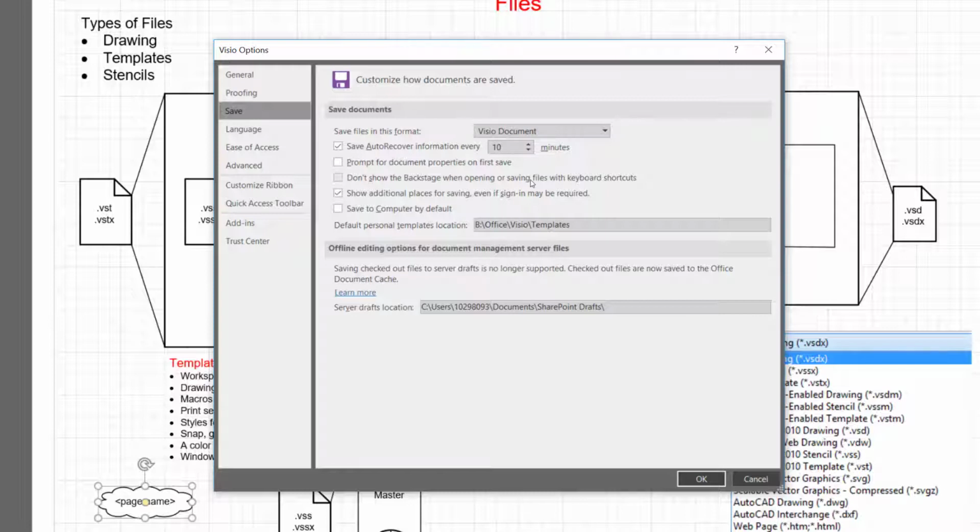The thing I want to draw your attention to, though, that is important for today's session is this default personal templates location. It doesn't matter where you choose, but I would strongly encourage you to create a place on your machine, maybe on your OneDrive, to hold your Visio templates. You'll notice here on my machine, this is in a folder called Office. And if I go to the folder in the file system,